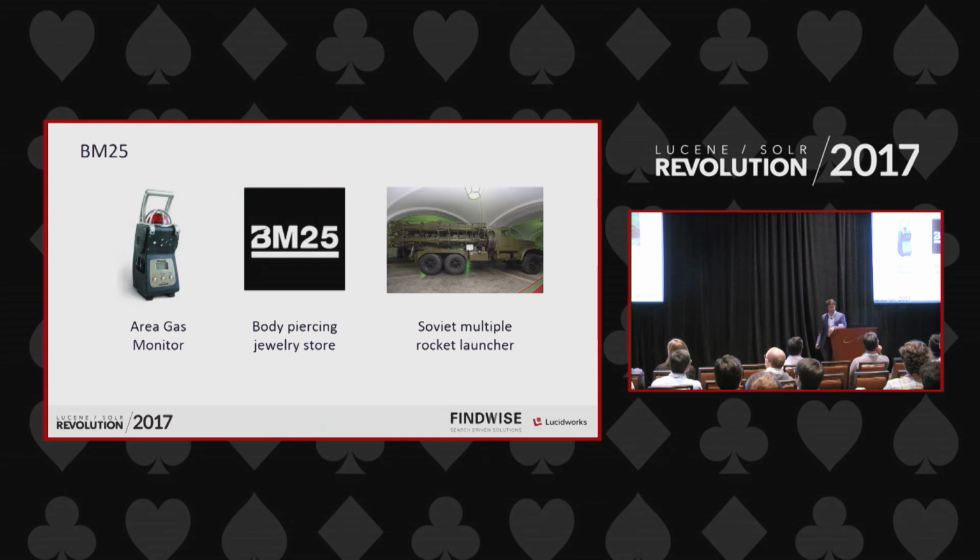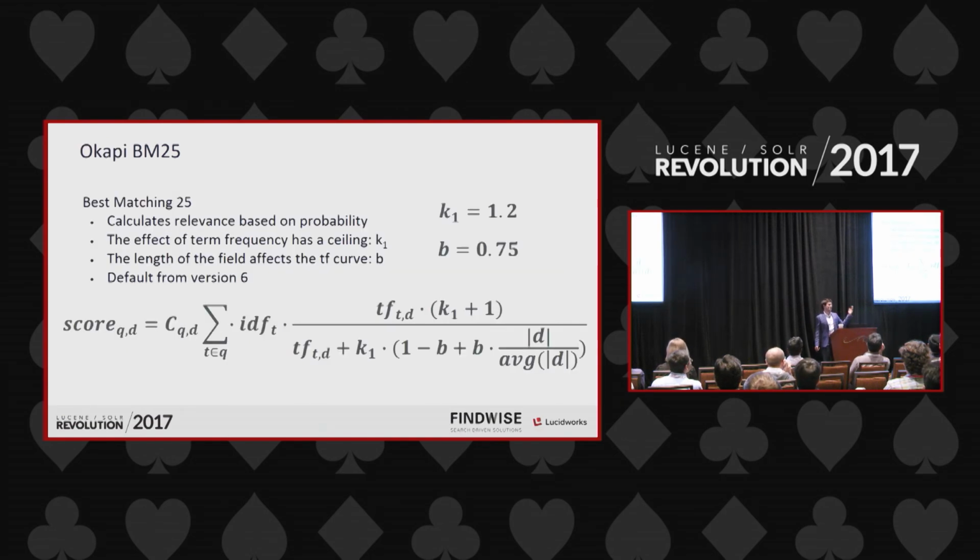So if you actually want to look for information about it, add Okapi before it. And then you're going to get actual relevant results about BM25, and you're going to find that in the end, behind all the scenes, it uses the same parameters that we had in TF-IDF. But the difference, on the theoretical side, is just that it calculates things in a probability way. So it's going to try to figure out how high is the probability of the field to be relevant against how probable it is that it is not relevant.